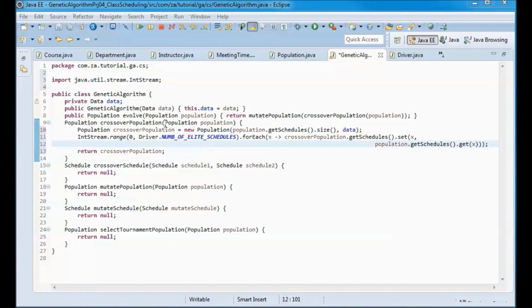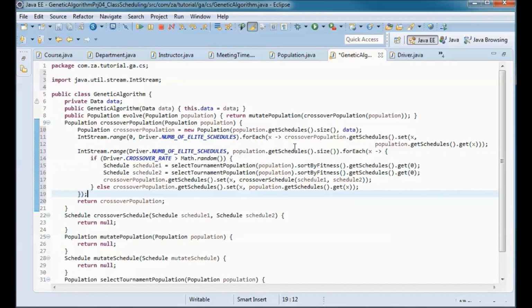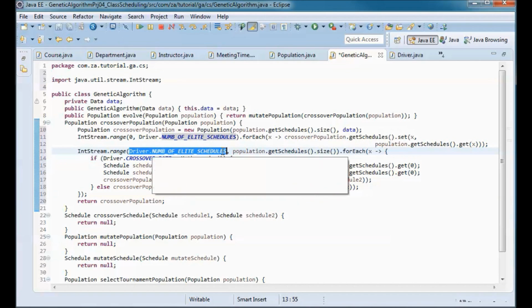And for the remaining schedules in this population, and since the schedules are sorted by fitness, I will start here from the number of elite schedules.